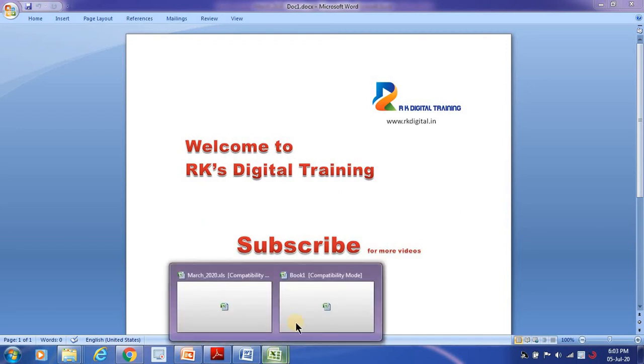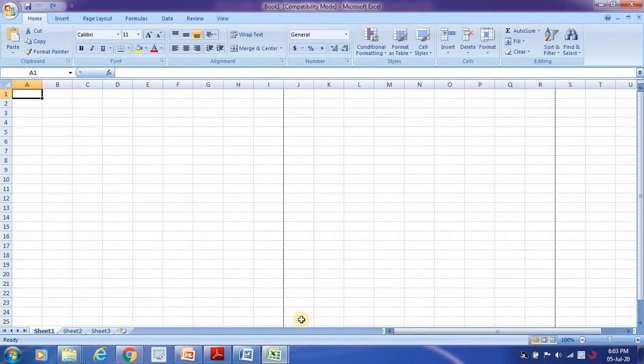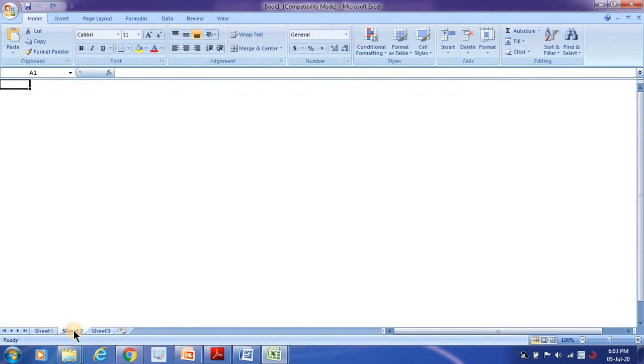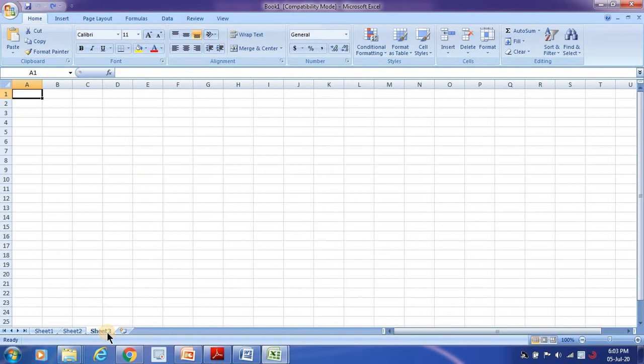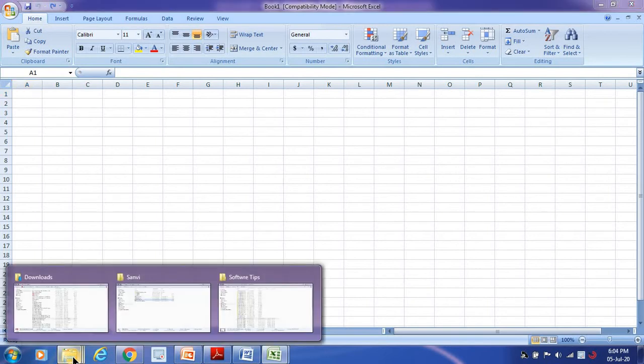In this video, we are going to learn how to insert a background in an Excel cell. Say for example, I have opened sheet 3, and I wanted to insert a particular picture as a background in my Excel. So how am I going to do that? Before I show you, I will show you the picture I am going to insert.